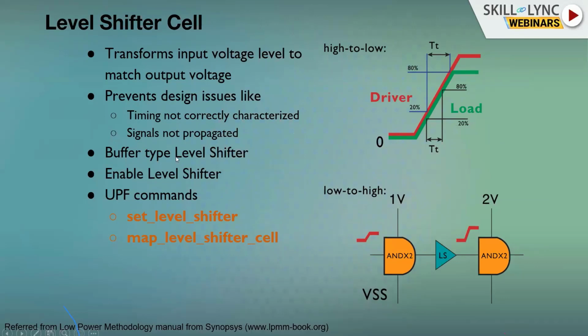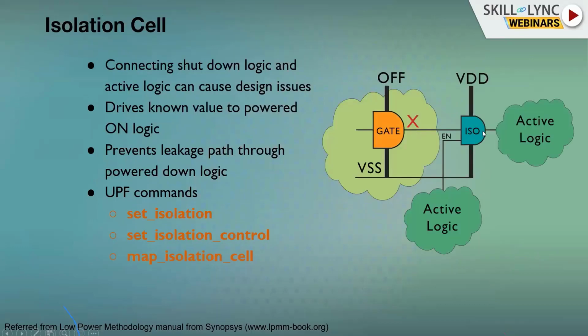So there are 2 types of level shifters. One is called an enable level shifter. Another one is a buffer type level shifter. Buffer type is nothing but a pass through: whatever you give here, it just passes through. An enable level shifter is a combination of isolation plus level shifter. Those 2 are embedded into the component. So these will play a role whenever we have this scenario. If you see here, this whole thing and this logic are on different voltages, so we need an isolation plus level shifter to understand it.